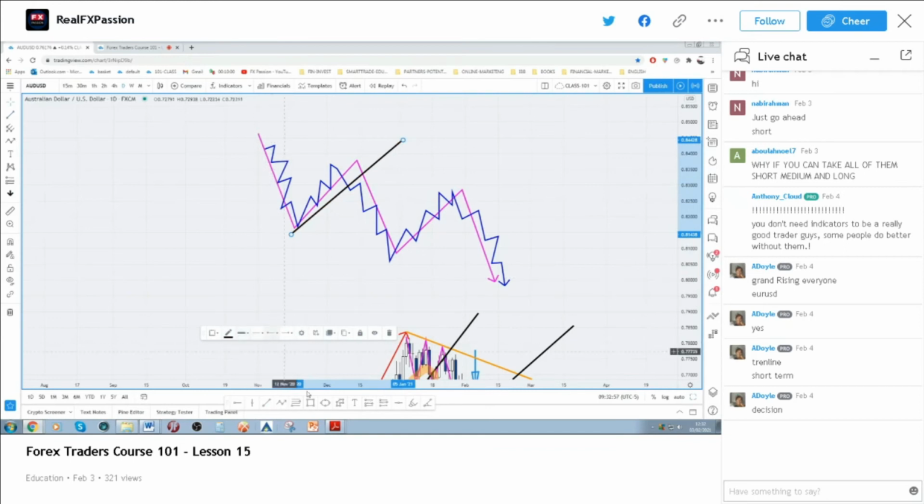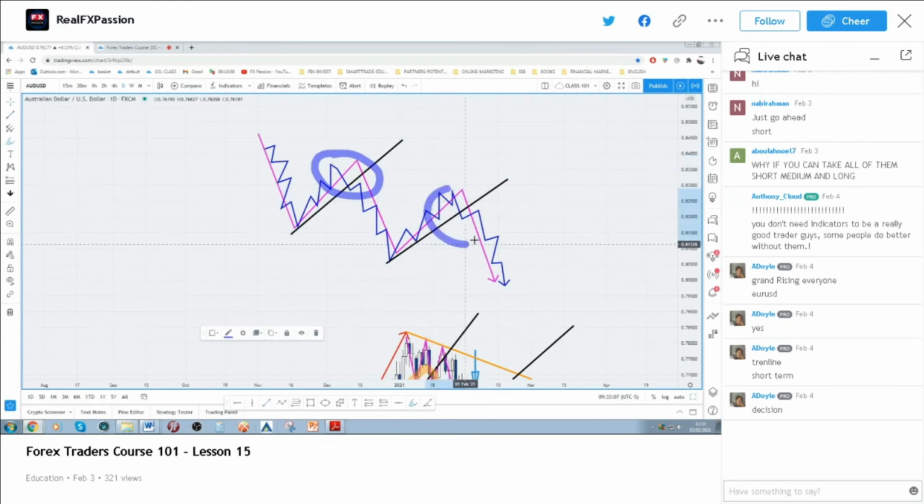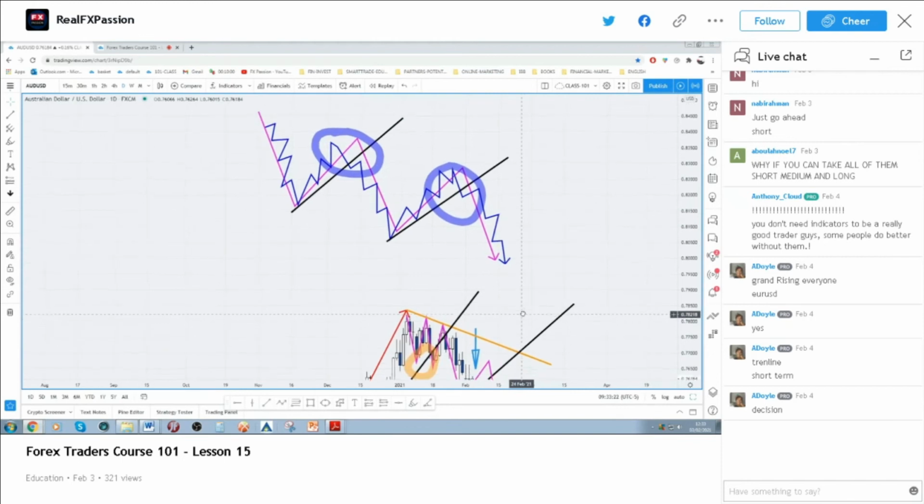Passion, how do we know that it's an end of retracement? We are going to see a change in the short-term trend. So this is the best entry, and this is the best entry. Those are end of retracements. Could be the end of retracement on the trend, could be the end of the retracement on the wave, could be the end of the retracement on structure. So in our example,